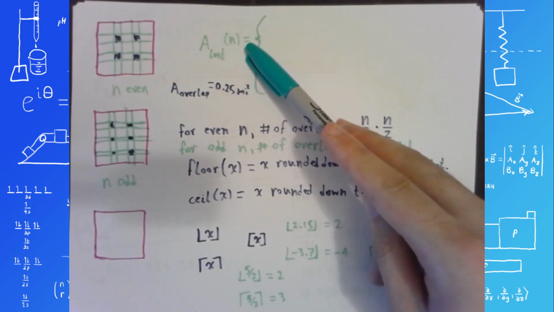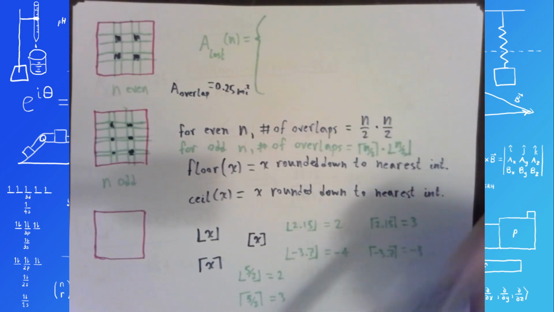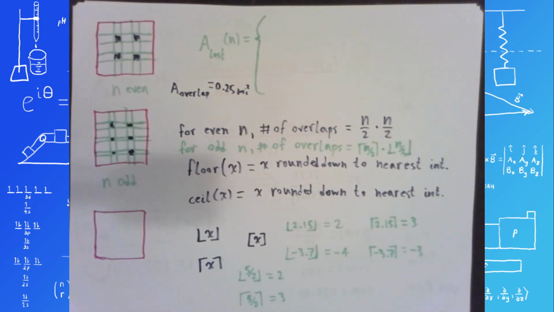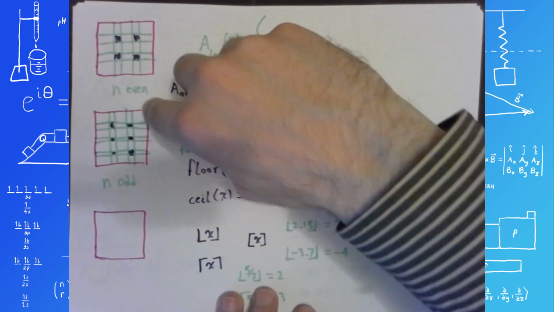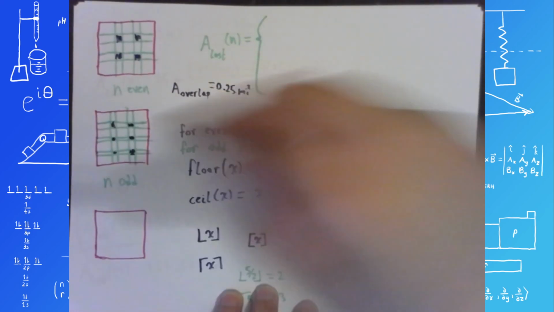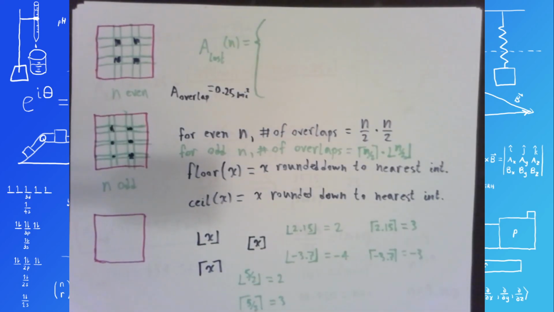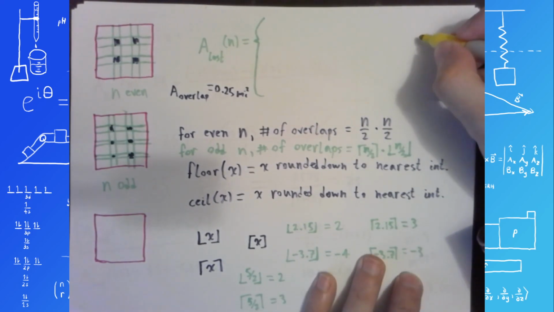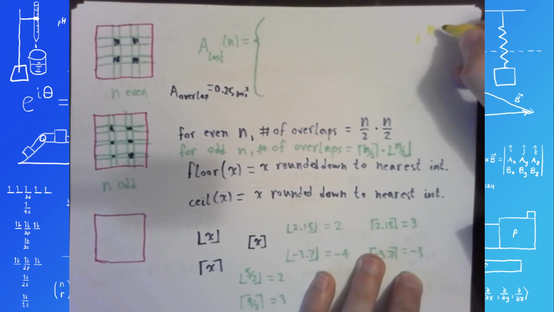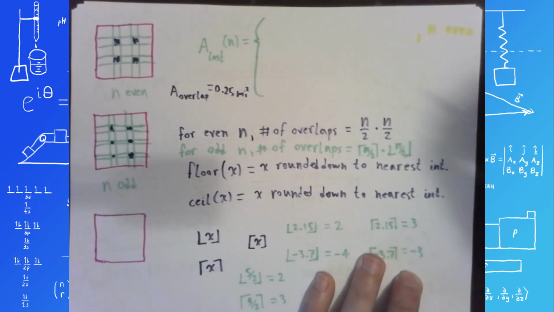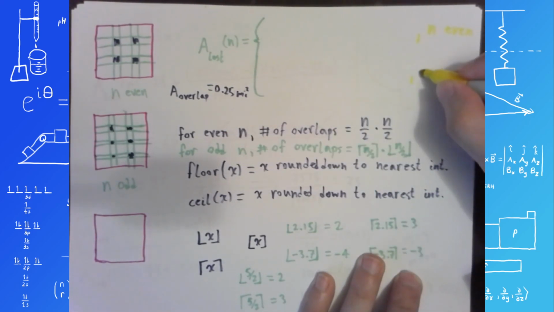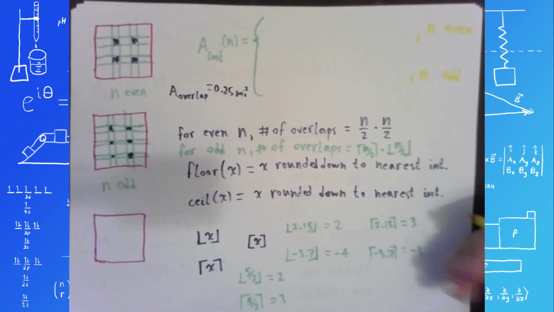Okay, so now that I have these two descriptions for the numbers of overlaps, I can calculate the area lost due to installing fire breaks, and then we're going to take the actual sizes of these usable regions and figure out what they are in the even and odd cases. So I'm going to have one function for n even, and another function for n odd. So for n even,